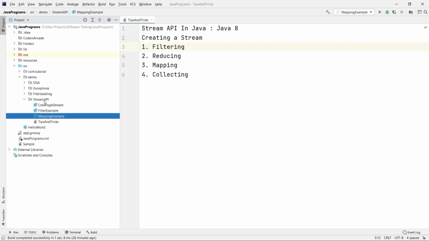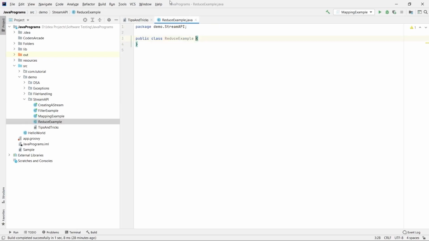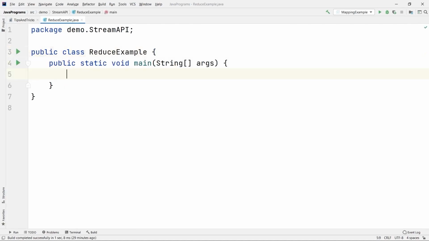So let's create a new Java class called ReduceExample, and it should be Pascal case, capital letters. As I said, we will be using the reduce function. So first let us create a list of integers. Let me import this